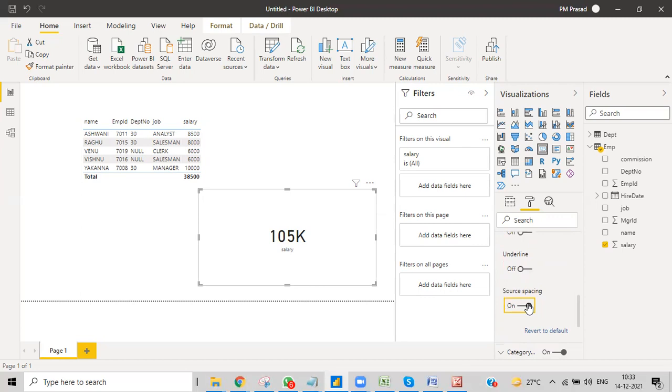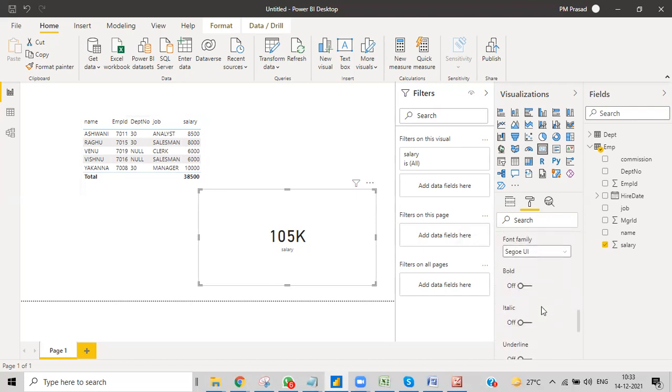At the same time, word wrap. Normally how you use word wrap, that option is shown in this one. Wherever we have word wrap, that one will wrap.